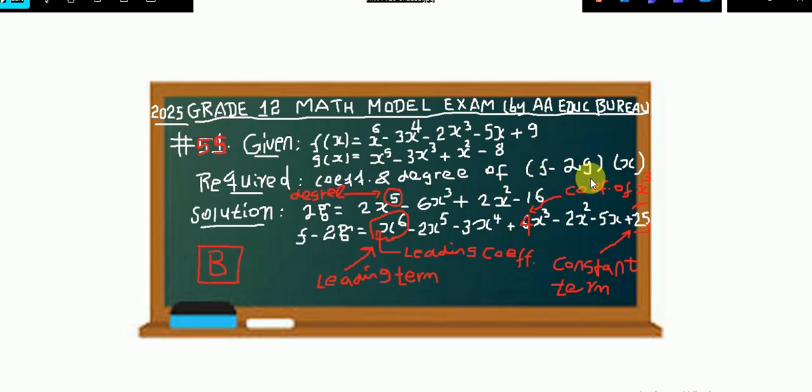Twice of g means multiply all coefficients of g by 2. So we have 2x raised to 5, negative 6x raised to 3, 2x square, and negative 16. When we multiply negative 8 by 2, we get negative 16. This is twice of g. So f minus twice of g means